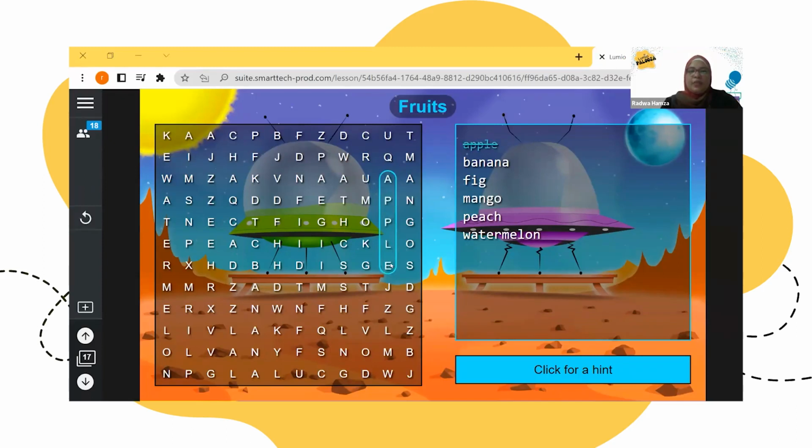Apple, so students can find it like this. If the students find it difficult, they have an option here. Click for a hint. They can click here, letter W, watermelon. Yes, here I can find watermelon. The students can answer from their own devices.